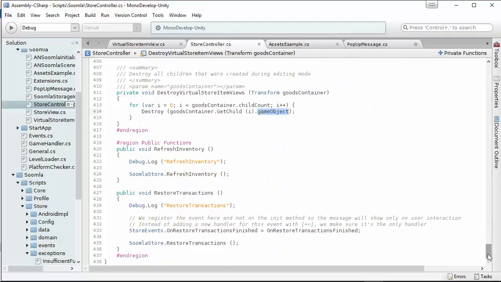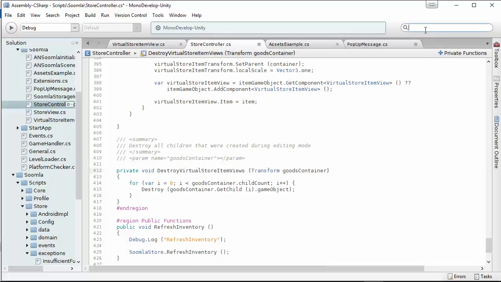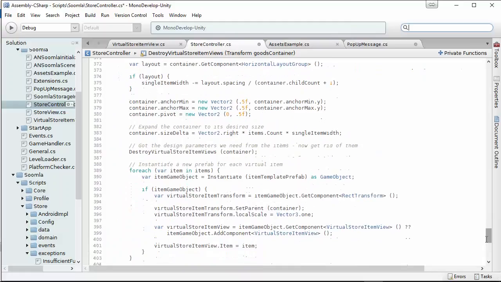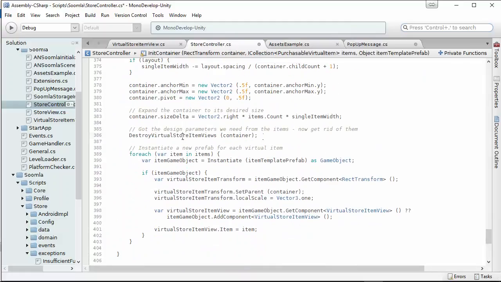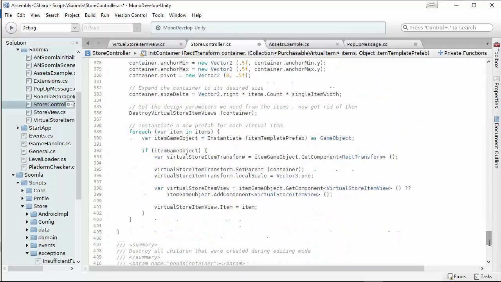So if we go back to the track here, you could see that with this method inside the InitContainer, we are destroying all the game objects, and then we reload them from the beginning. So here you can see we got all the items inside that container, and we just load them again by using